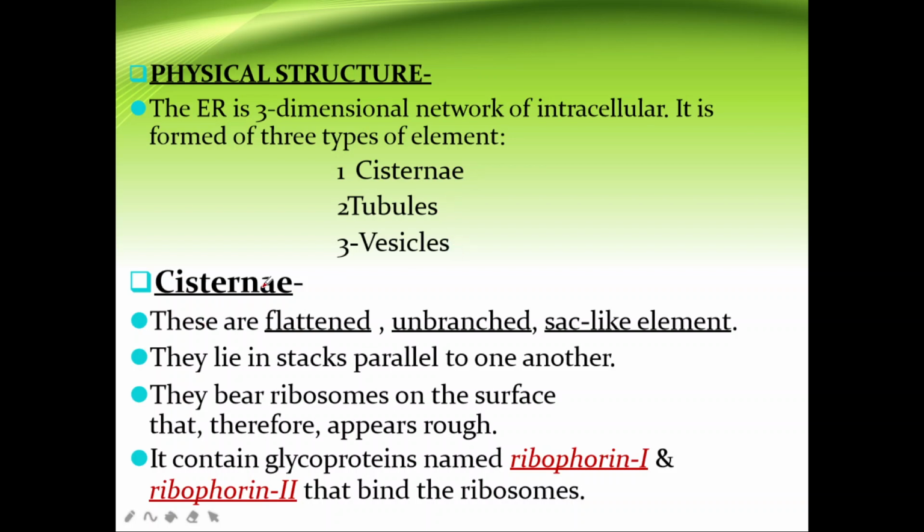Now, number one, cisternae. These are flattened, unbranched, sac-like elements. They lie in stacks parallel to one another. They bear ribosomes on the surface and therefore appear rough. It contains glycoproteins named ribophorin 1 and ribophorin 2 that bind the ribosomes. These two proteins, namely ribophorin 1 and ribophorin 2, are responsible for the attachment of ribosomes on the outermost surface